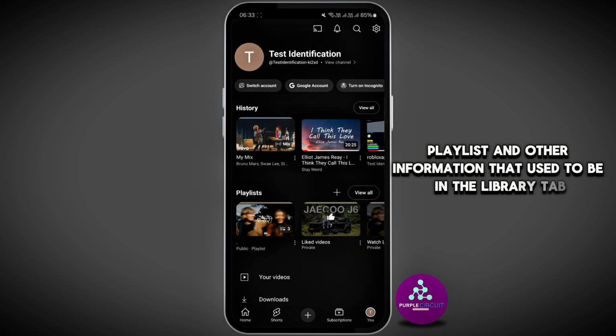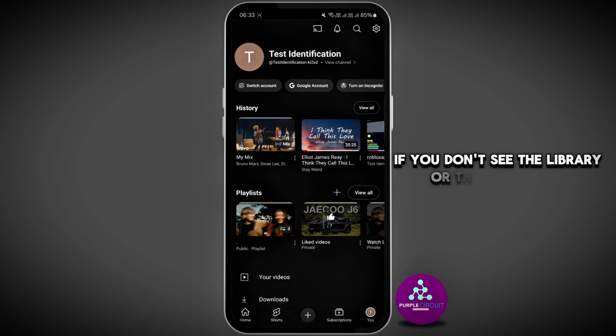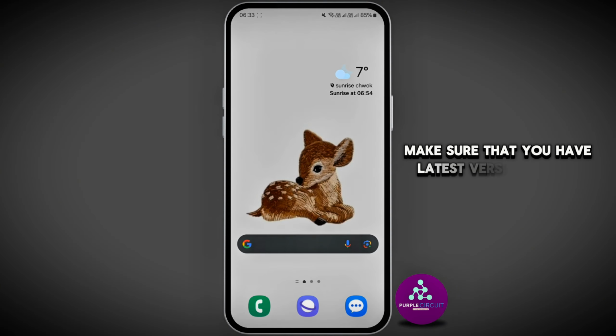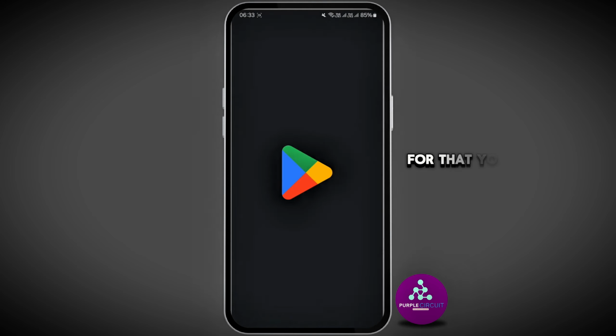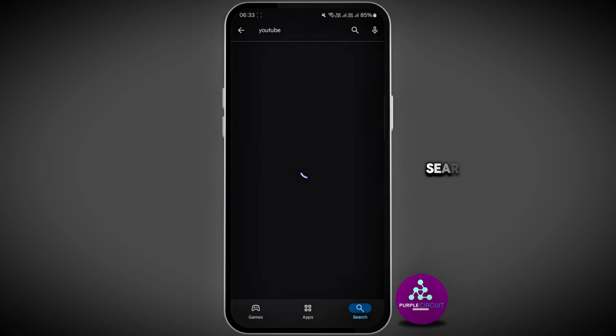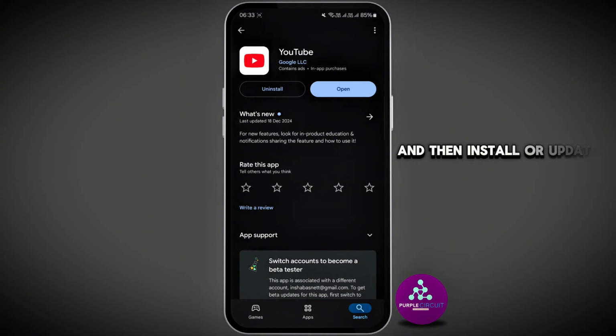in the library tab. If you don't see the library or the You button, here are a few things to check. Make sure that you have the latest version of the YouTube application. For that, you can go to Google Play Store, search for YouTube, and then install or update the application to